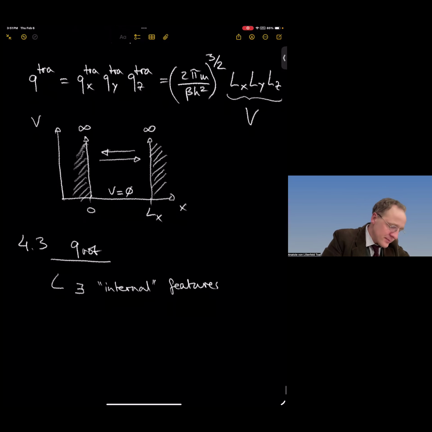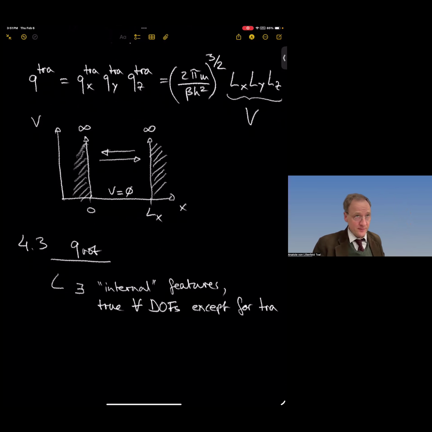And this is actually true for all degrees of freedom except for the translational ones. So the translational partition function, you could also use it for fullerenes, right? Imagine a container with fullerenes floating around. You can still use the translational partition function. But for the internal ones,